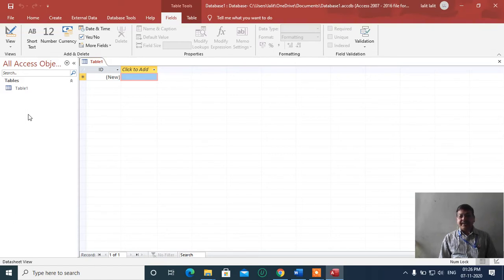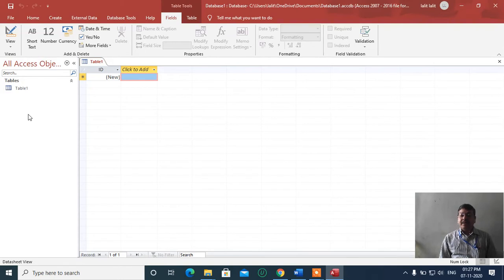Can we store the data directly into the database? No. We can store the data in our database in the form of tables. So if you want to store your data in your database, you have to create one or more tables as per your requirement.